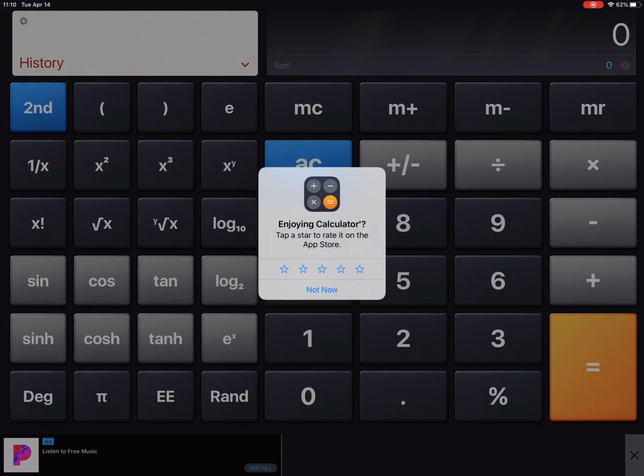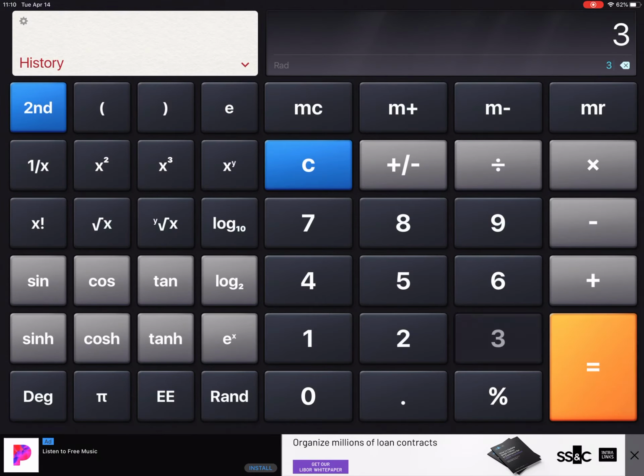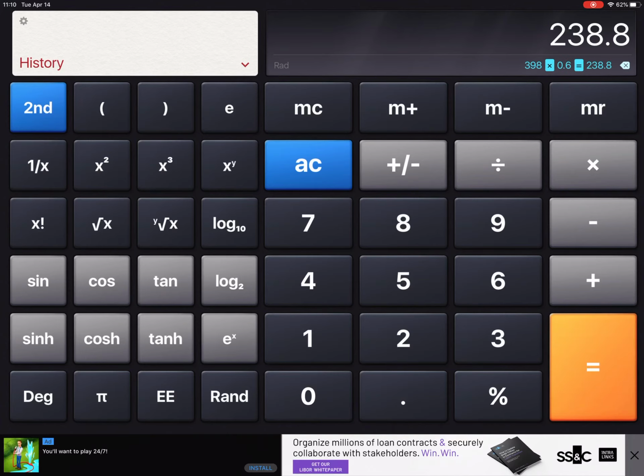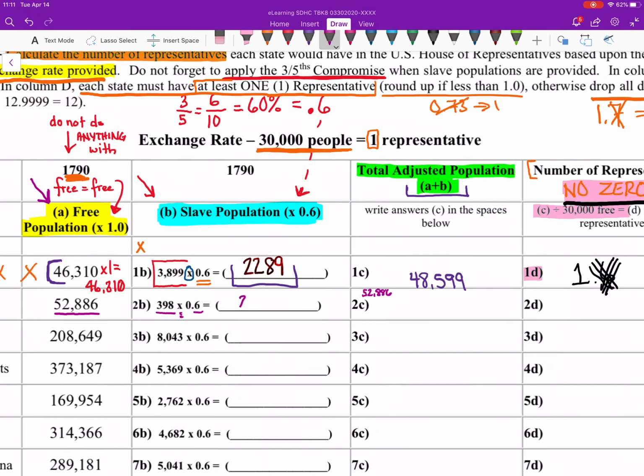398 times, and then you have to hit the decimal button, 0.6. And that gives us 238.8. Remember, we do not care about the decimal, so we're just going to take the 238 over. That 238 goes right here. So we'll add these two together, 238